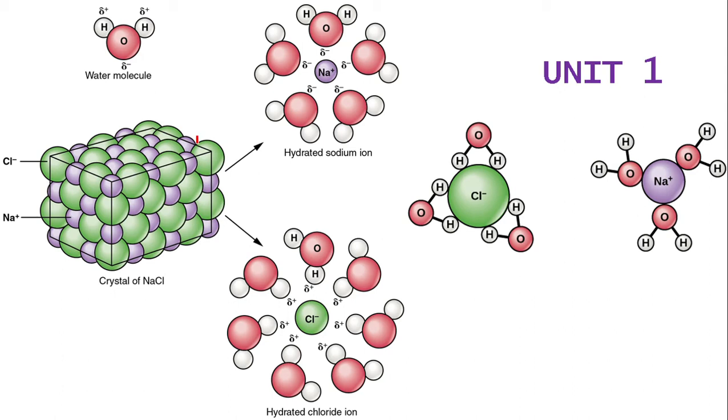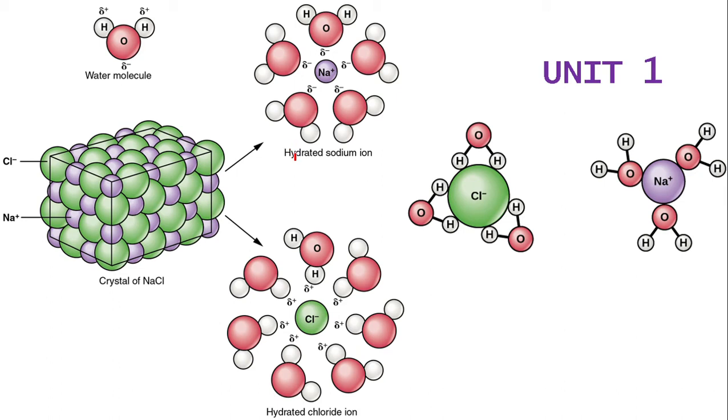Sodium chloride is actually splitting into sodium positive ions and chloride negative ions. The positive part of the water molecule, which are actually the hydrogen atoms, are coming in contact with the chloride negative ions. At the same time, the negative part of the water molecule, that is the oxygen atom, is coming in contact with that sodium positive ion. So it is basically an attraction between oppositely charged particles. This is the basic secret behind dissolution of a polar compound in water.